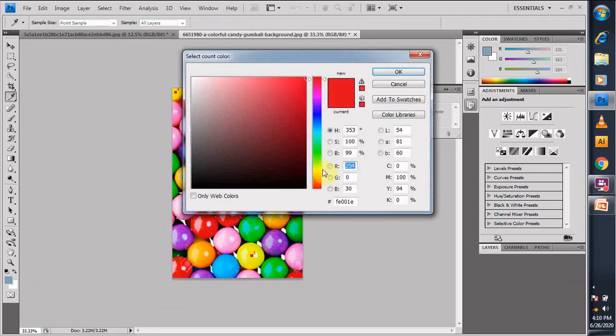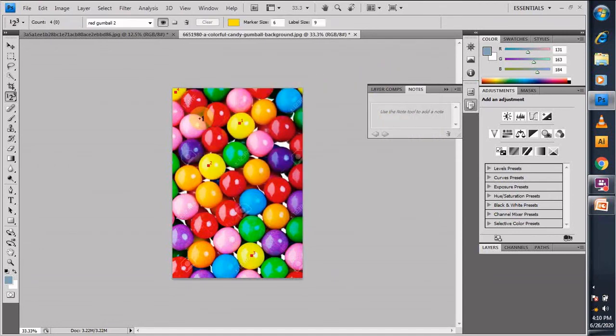I'll change the color because red is not visible in red, as we all know, so I'm converting it to yellow. I'm increasing the size of the marker to 9, and 1, then 2 3 4 5 6 7 8 9 10 11 12 and then 13.